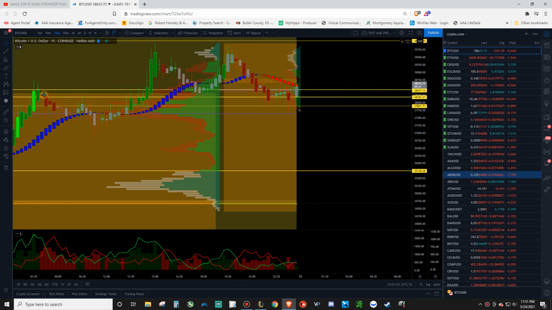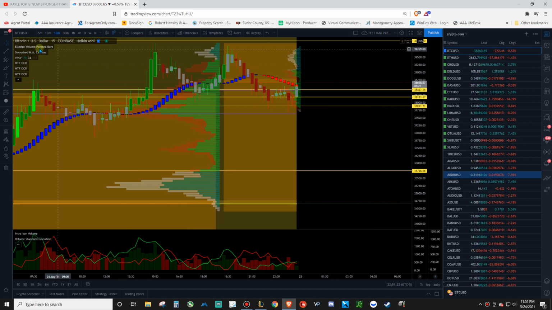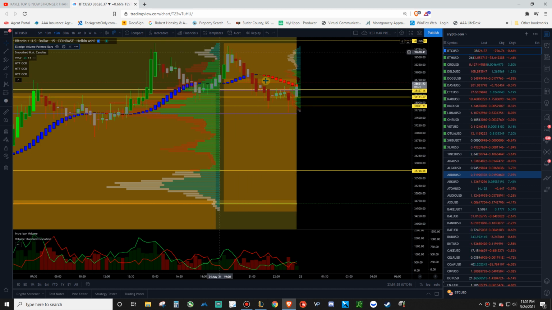So first thing you want to do is find this L edge volume painted bar. Just type it in, and all of this stuff should pull up. Add that in there. This is basically going to give you this trend line, which is just the painted bars. And the reason you like those is because they're going to give you an indication of softness or